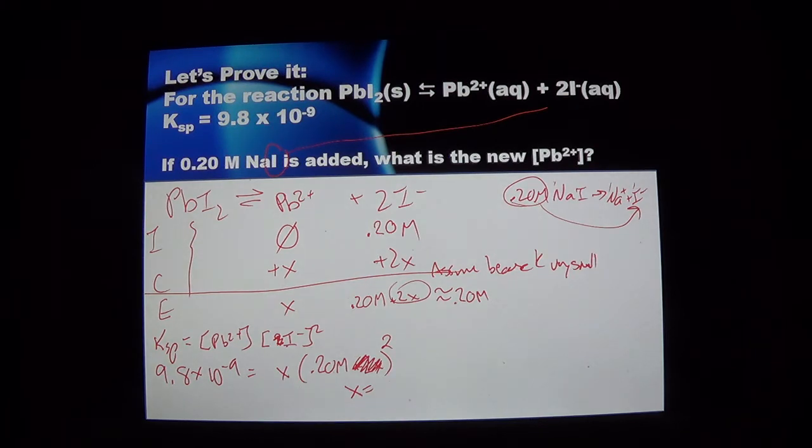So a reminder, you're going to square 0.2, and then you're going to divide the 9.8 times 10 to the minus 9 by that square of 0.2, which is 0.4. And if your calculator has a squared button, you don't even have to bother doing that ahead of time. Okay, that's between you and the calculator. Learn how to use your calculator well. All right, so x is